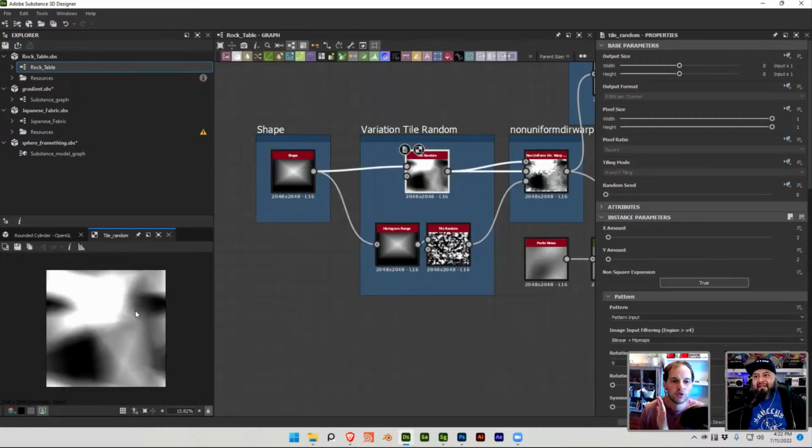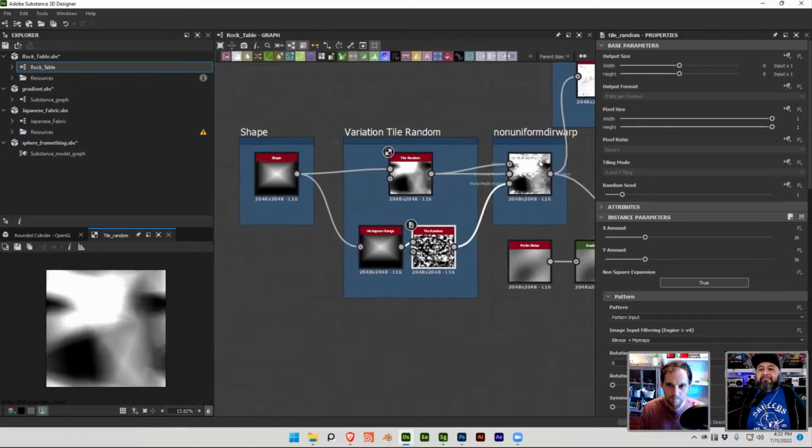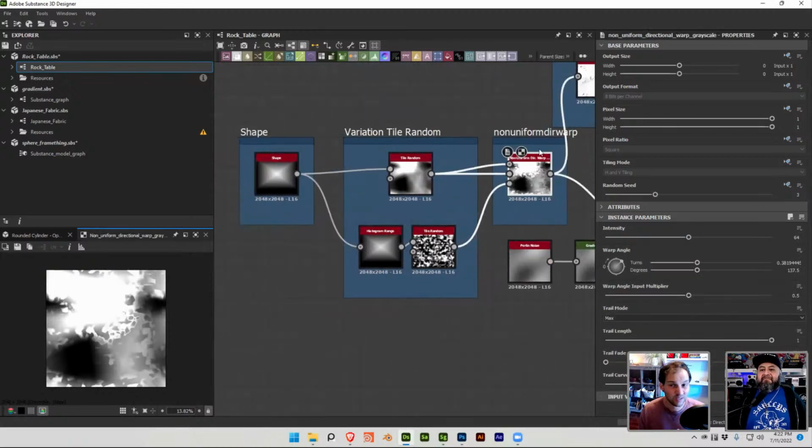You use these other nodes called tile, tile random. This is simply an iteration of the shape, so I just have a little more detail. And then you use, I think one of the coolest nodes in Designer, a non-uniform directional warp grayscale. It's kind of a fancy term for